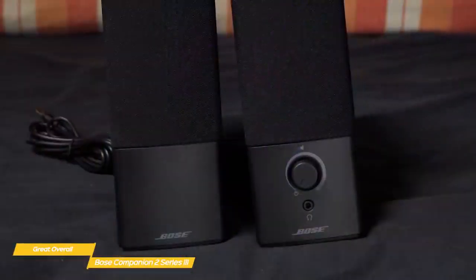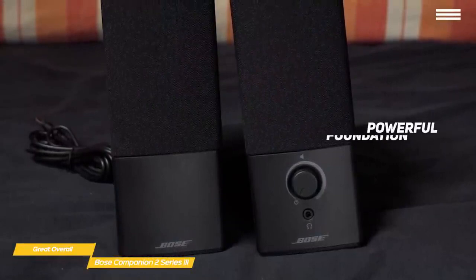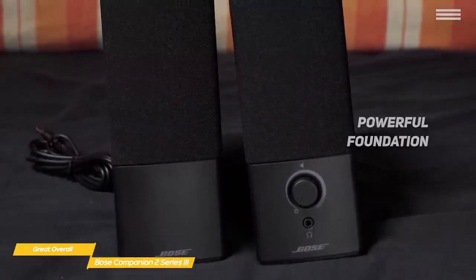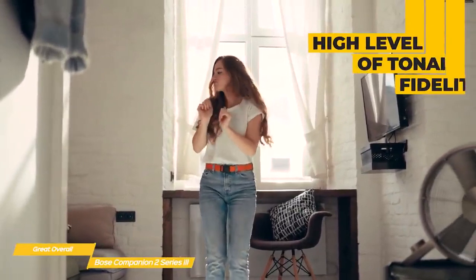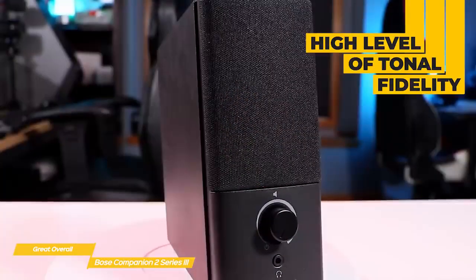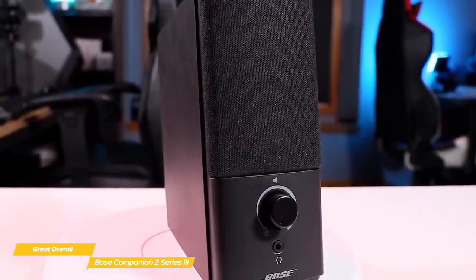The speakers feature a ported design, and while they don't have the deep bass that you get from a larger speaker, they do have a satisfyingly powerful foundation, and the port enhances the low end to a degree. Overall, the sound is pretty engaging and produces good results over a wide range of musical genres. A lot of inner detail and a high level of tonal fidelity is reproduced throughout the frequency range, so voices and instruments sound rich, with a good amount of sparkle where needed in the high end, and good volume without